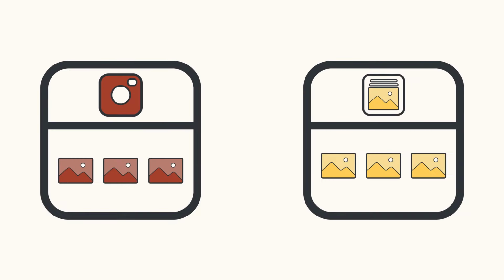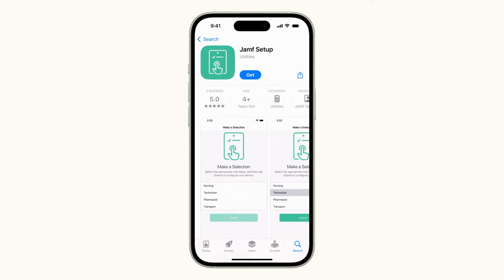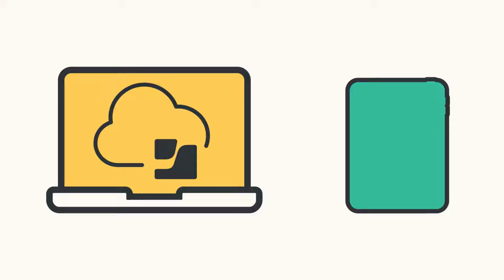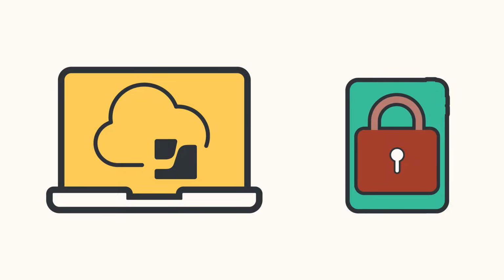As an admin, it's important to know how the apps used within your environment are storing their data and what permissions they're asking for. Admins may also find it helpful to review the app privacy information that is listed for each app in the App Store to better understand what information an app will be accessing and collecting about the user. Remember that many of these settings can be managed with Jamf Pro. So if we want to prevent data from being stored in iCloud or even restrict the use of an app altogether, we can configure these settings to enforce the security practices of the organization.